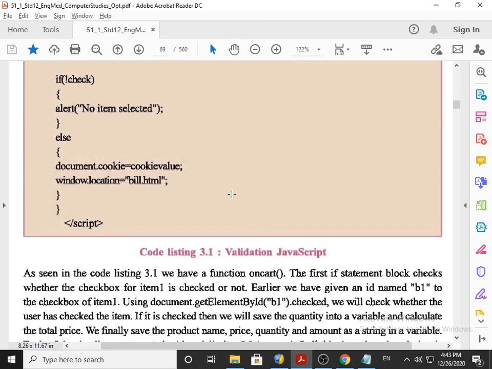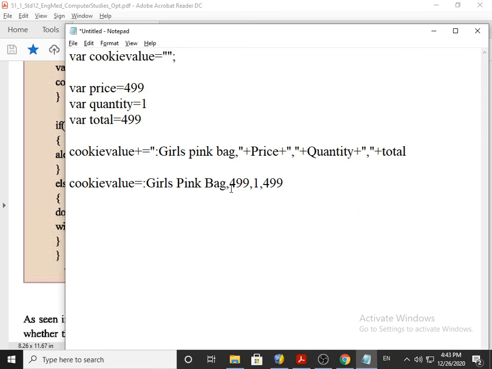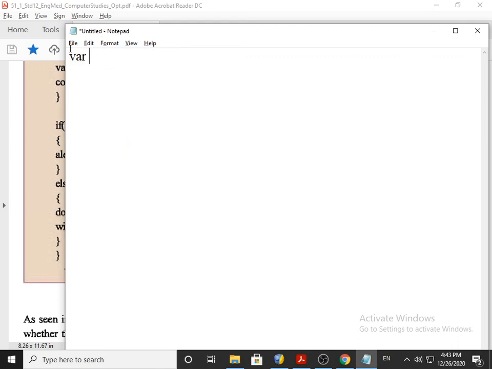Okay, another thing I have to explain is that suppose we have a variable var x is equal to true, and if I say document dot write x, it means show me the value of x, so it will display true.